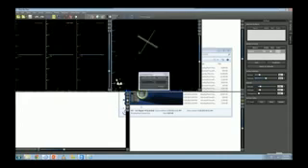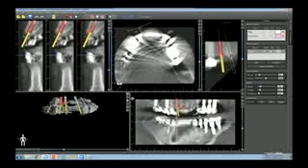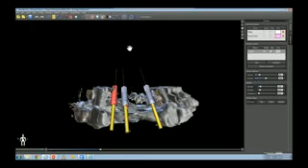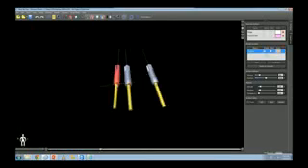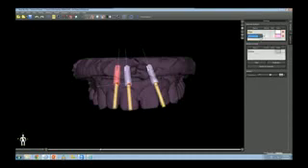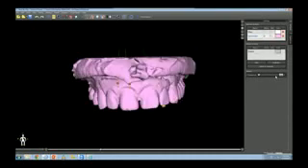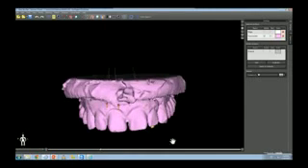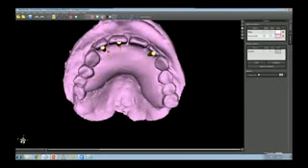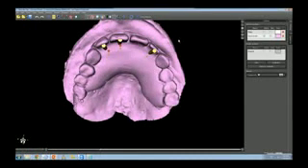And this is an upper anterior case. Okay, so this patient is missing 7 through 10,